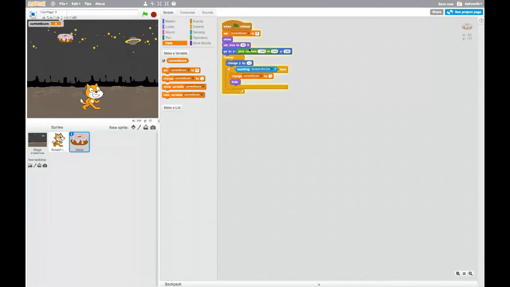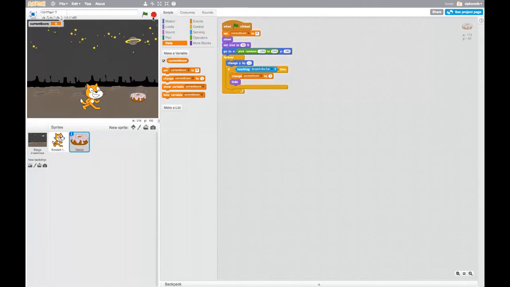So now what we're going to do is just do some cleanup, some management of our program. I mentioned earlier that we may want to have a high score at some point in our game that we keep track of. And with Scratch, variables, as long as you're in the same session, and what I mean by that is as long as you haven't closed out of Scratch completely, you can start your program as many times as you want. And all of our variables will stay the same